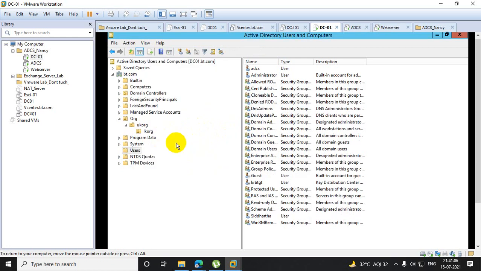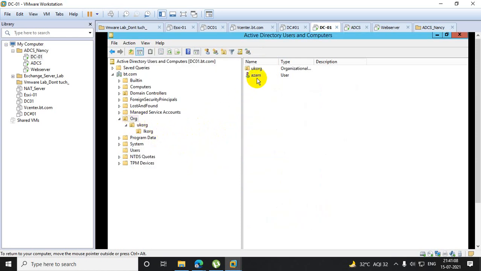Perfect. Now if I click on org, you will see Azam was there, where I have actually applied the policy. Now on this particular OU I have not done any policy, but it can inherit from its superior. And after LKORG I have not done any policy, but there is one user there.